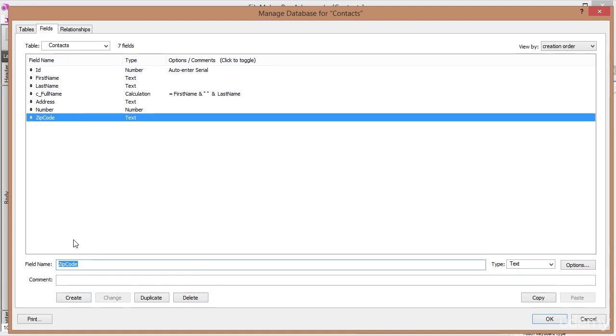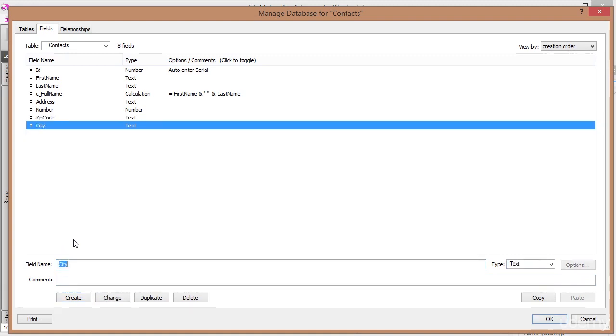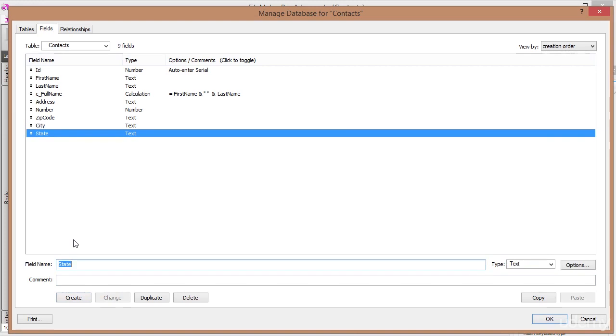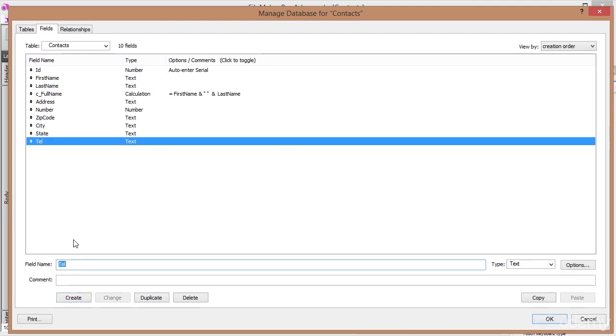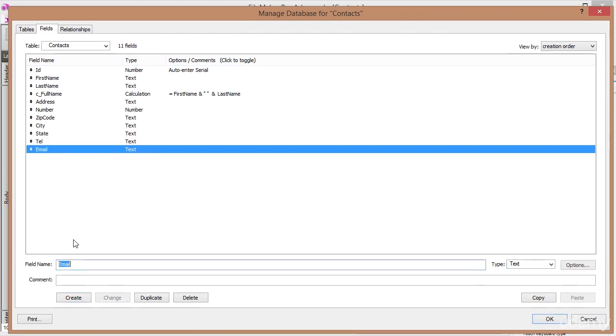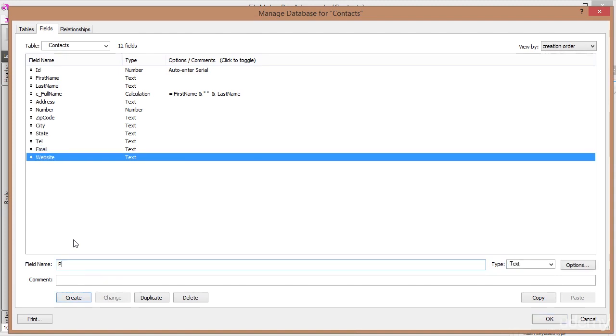Okay, what else do we have? The town or city is also a text field. Great, can be added. You might be in a certain state. That could be handy as well. Then what else do we have? Maybe the telephone number. Now in theory that would be a number, but you could be adding stuff like slashes or periods, so I'm going to keep this as a text. Then we might have an email field. It's also going to be a text field because it's got a lot of funky stuff in there. Then a website address could be cool, also a text field,